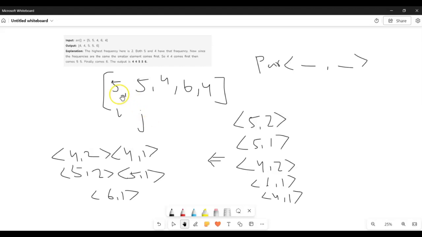So initially our vector would be 5 5 4 6 4. We'll store the values and their frequencies in the form of a vector of pairs, and so after running the two loops, we'll get the values as (5, 2), (5, 2), (5, 1)... and we'll sort this vector of pairs according to its frequency and the conditions explained in the question. So after sorting the vector of pairs, we'll get values (4, 2), (4, 1), (5, 2), (5, 1) and